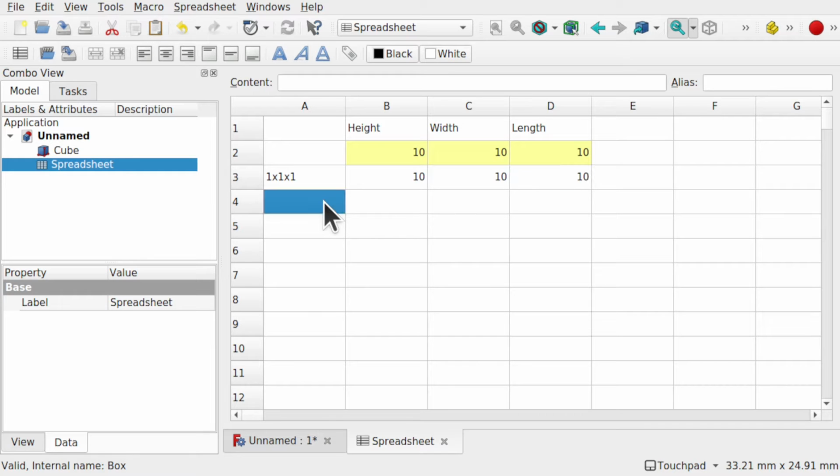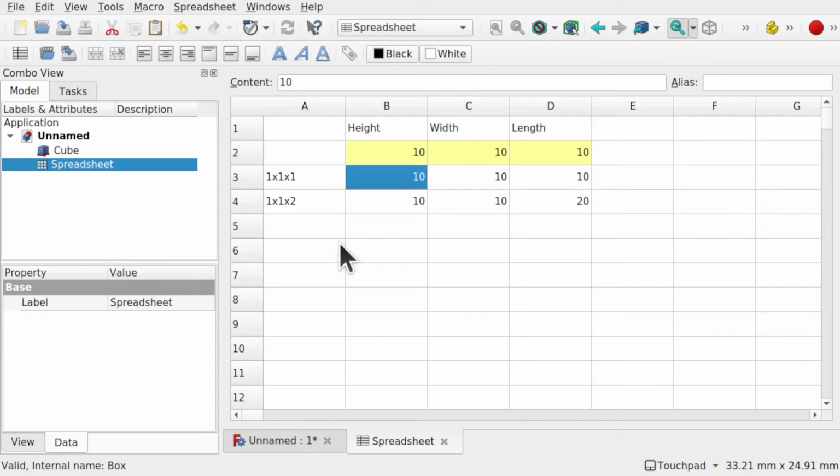And for the time being, we'll just create another one, which is 1 by 1 by 2, which is a 10 by 10 by 20. So what we've done is basically taken this and duplicated it up for our first row